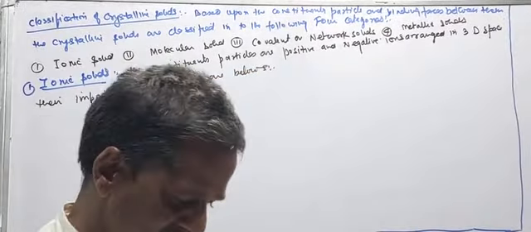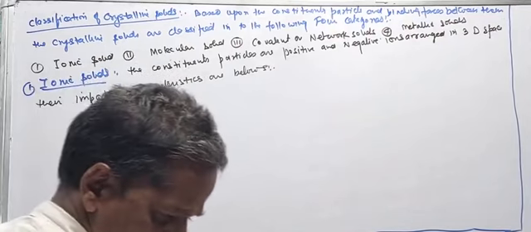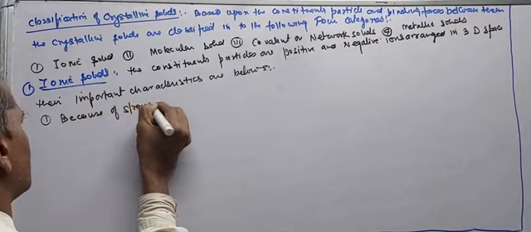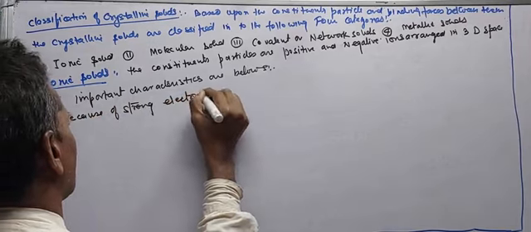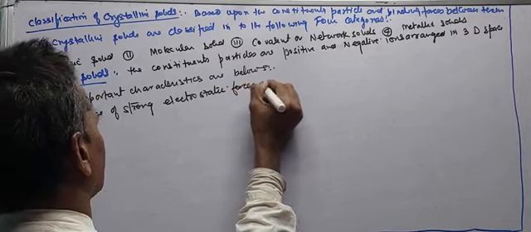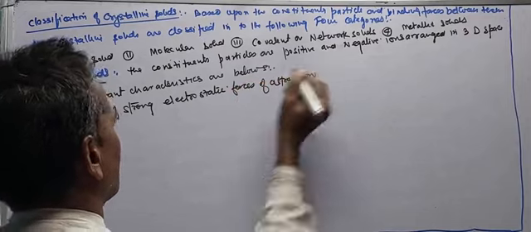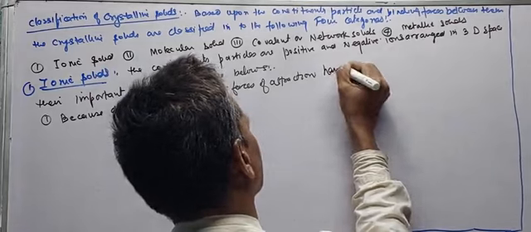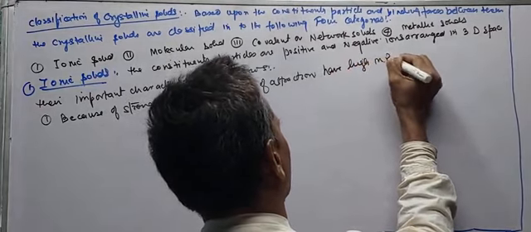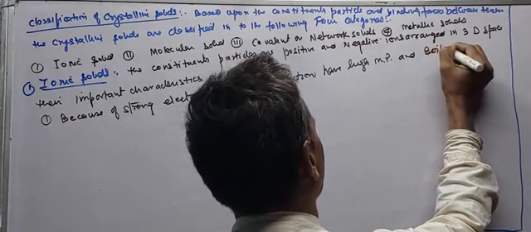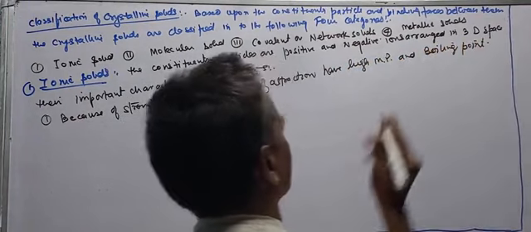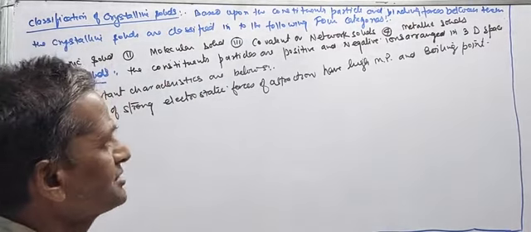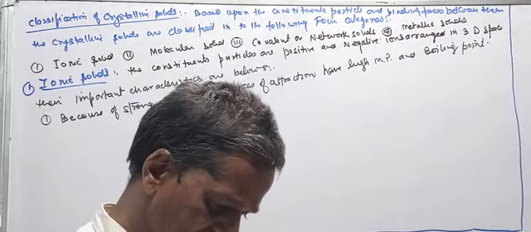Number first, because of strong electrostatic forces of attraction, they have high melting and boiling points. कंस्टिट्यूएंट पार्टिकल के बीच में बहुत अधिक आकर्षण बल होने के कारण उनका गलनांक और क्वथनांक बहुत ज़्यादा होता है।